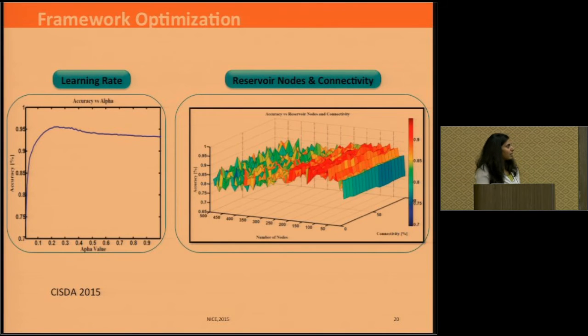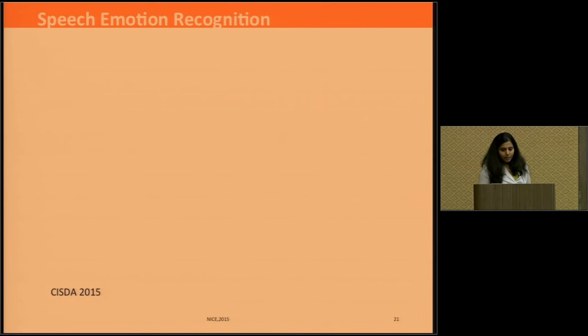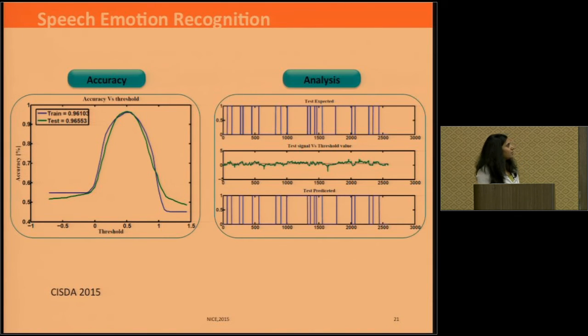We wanted to see what is an optimal size of the reservoir for this kind of implementation, so we played around quite a bit, and I think we identified that 190 is the optimal size for the reservoir. From there, we identified the optimal learning rate for this reservoir size, and I think we got 0.25 as a good learning rate, and the connectivity in this reservoir is about 20%, which is ideal for hardware realization. And so the accuracy for this is about 96%, and we are still testing for other emotions how the